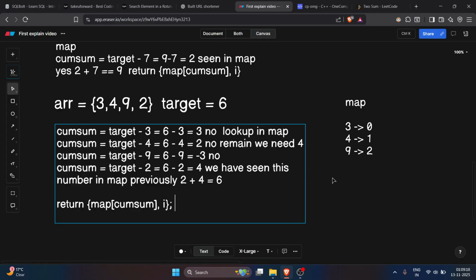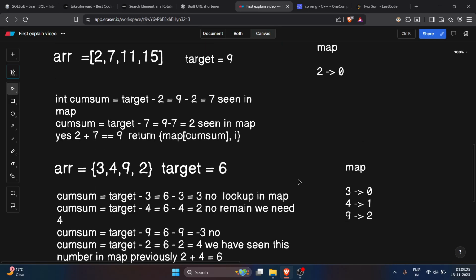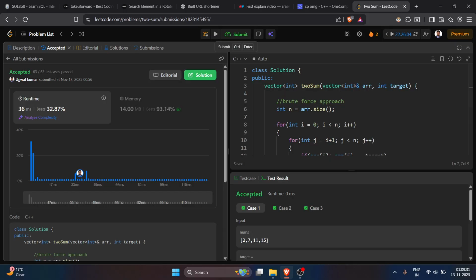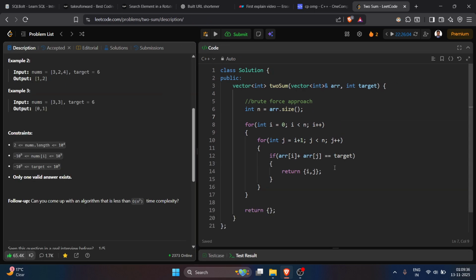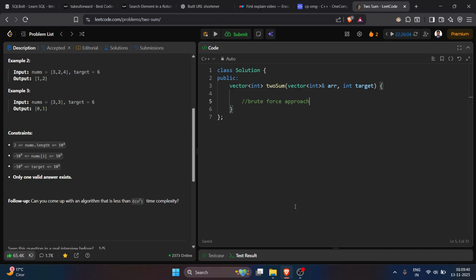I want to solve this. We are going to solve this. We are going to write the code also. I will explain it line by line through the code also. For the optimized approach,